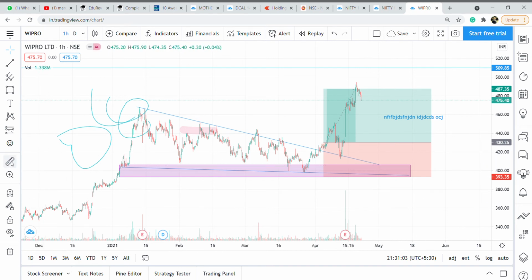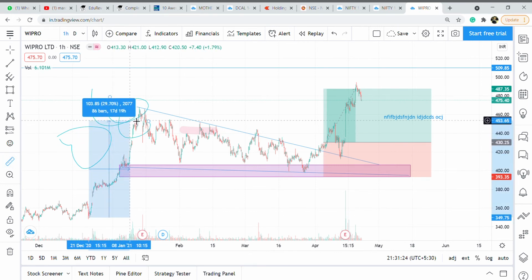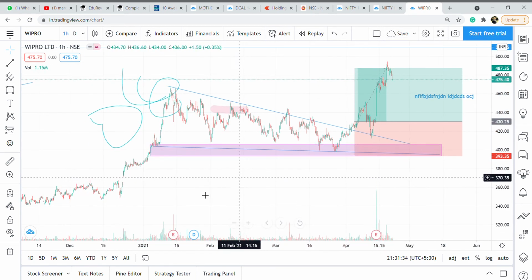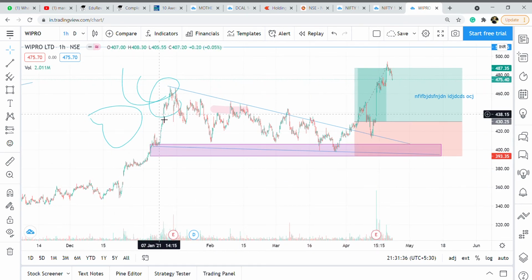And this particular icon can be used to calculate the percentage move of a particular stock. Let's say this Wipro has moved from 348 to 466 in the span of, it's really tough to read in the chart, right? So basically use this icon. You press from here to here, and you can see Wipro has given 33.1% returns in 23 days. It is a humongous move right over here. And catching this sort of moves in the stock market is what makes us rich.